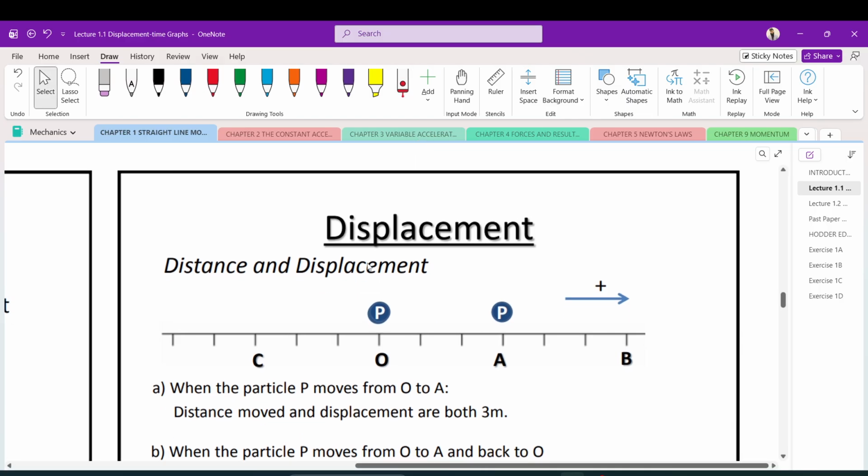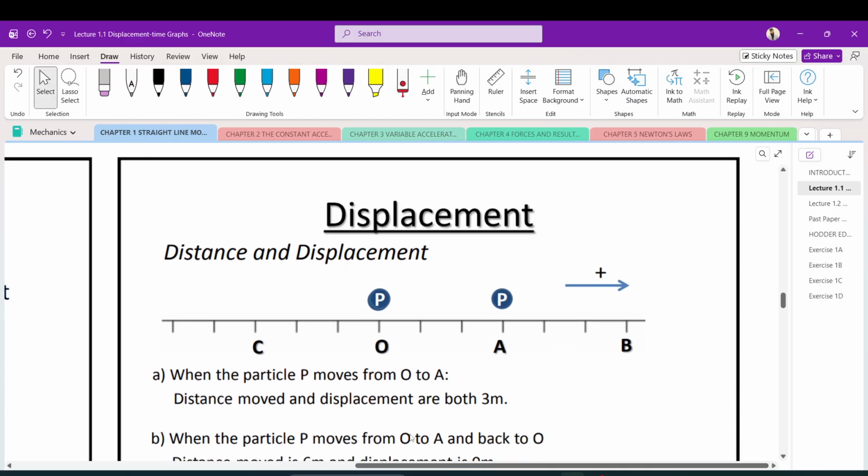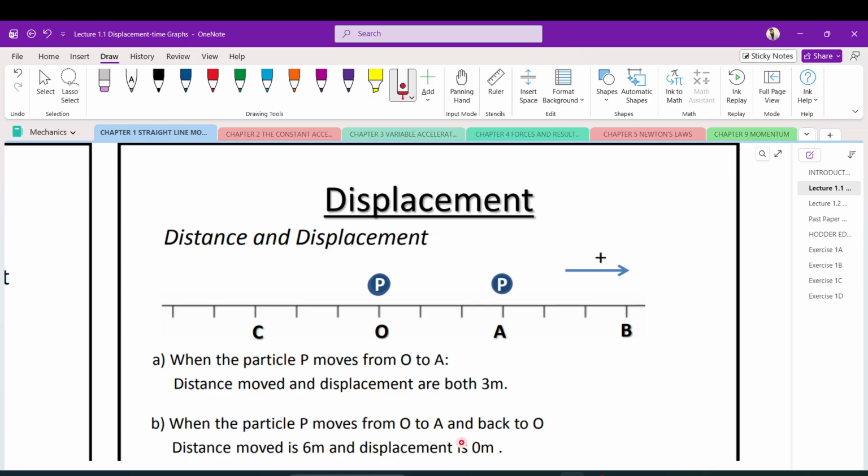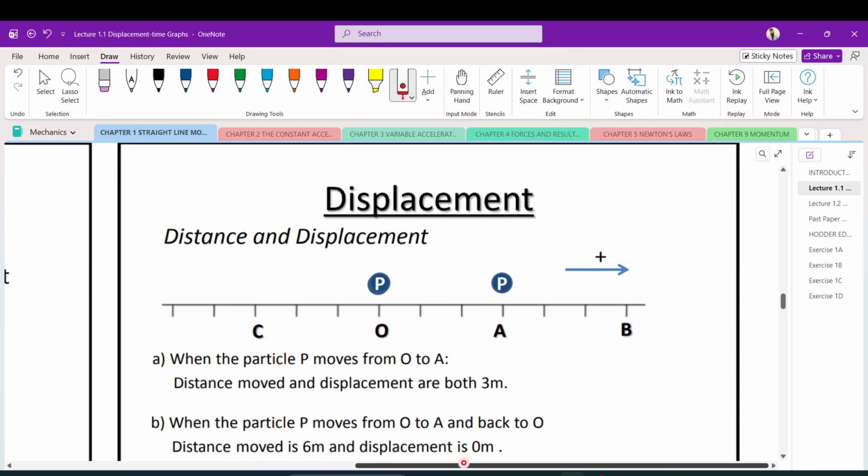then when the particle P moves from O to A and back to O, so it starts from here, goes all the way up to A, and then comes back to O. Okay, so that will be 3 meters over here and then 3 meters back over here. So distance will be 6 meters. However, displacement is going to be 0 meters because you ended up back on the starting position. Okay,